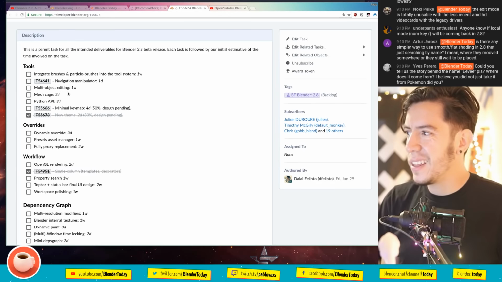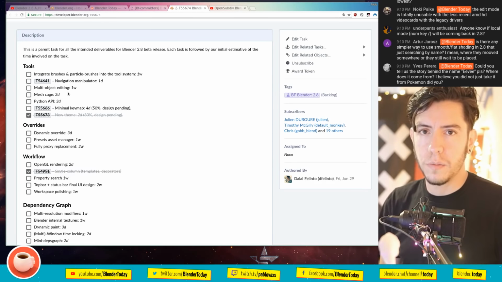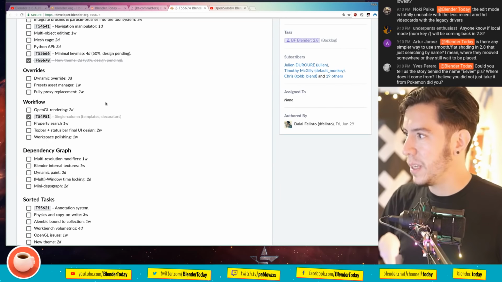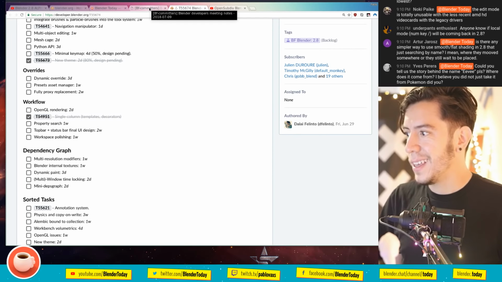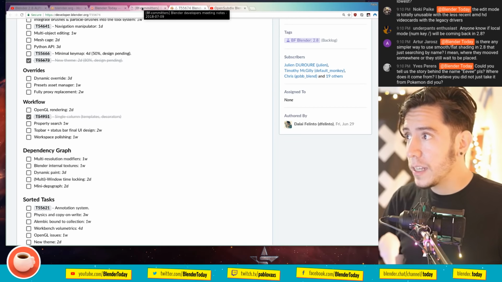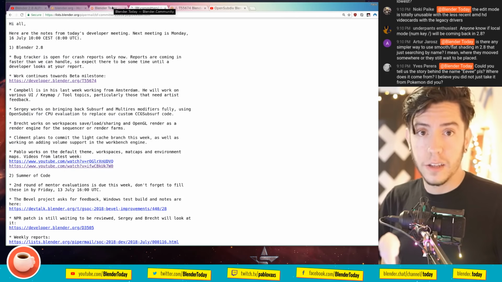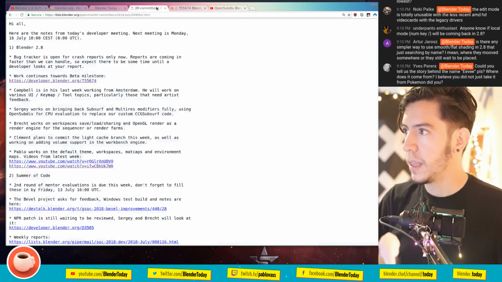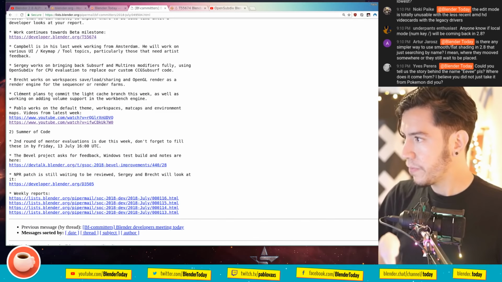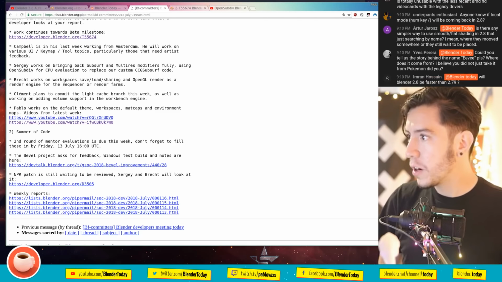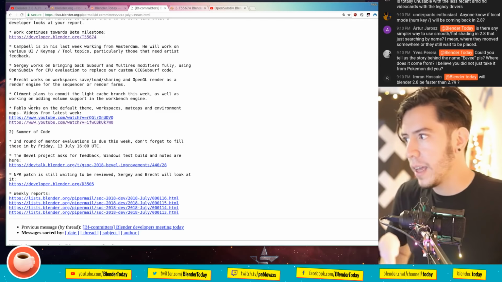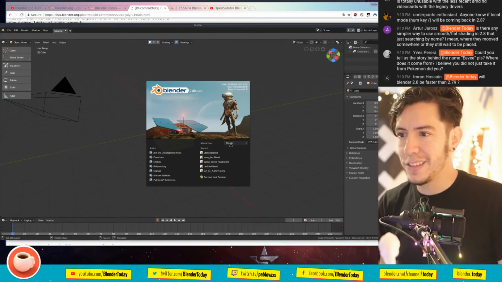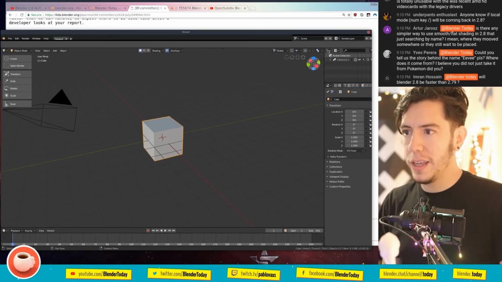What else? Multi-object editing, all of those things are going to be worked on better when Campbell is at home. Many of those things have to be implemented. The dynamic override is also being worked on, and the static override is also being used at the Blender Studio. So that will get improved. Then light caches are also coming. Workspaces. Pablo works on the default theme. I worked on the default theme all last week, and even today.